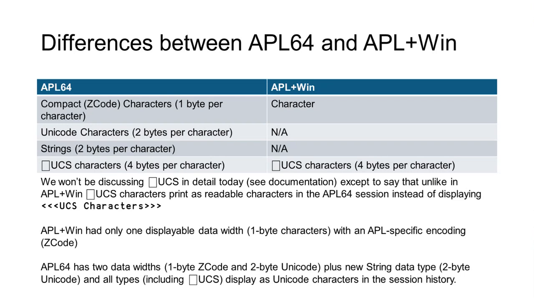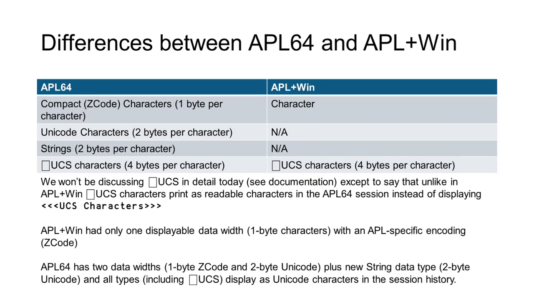Internally, I don't know that it's ever in the documentation this way, but internally we've always referred to this character representation as Z codes. And they are the 1 byte representation of things, and they are unique to APL. They are basically your standard 1 byte ASCII mappings of character positions, but overlaid with APL characters